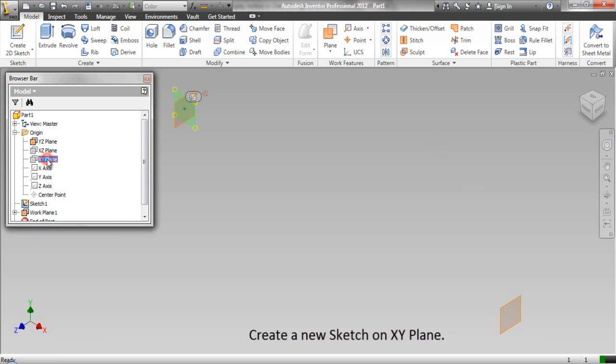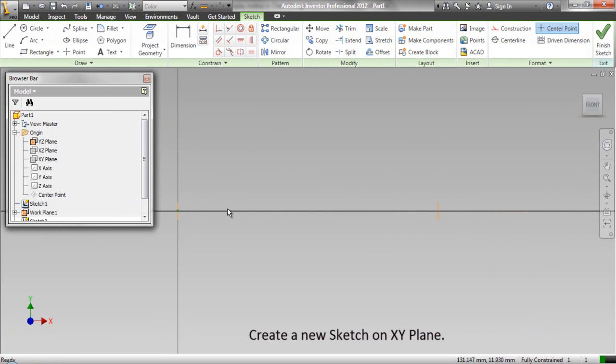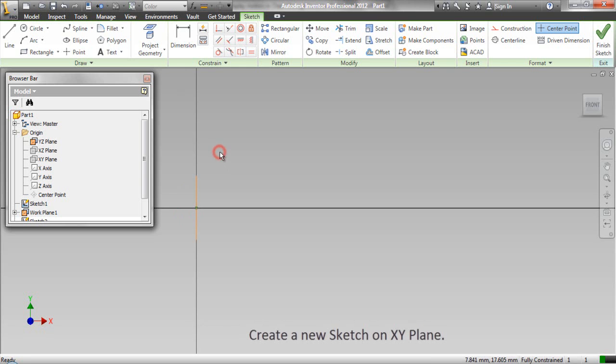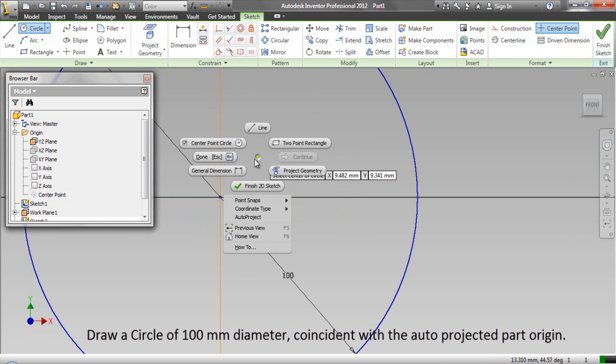Create a new sketch on XY plane. Draw a circle of 100 mm diameter, coincident with the auto-projected part origin.